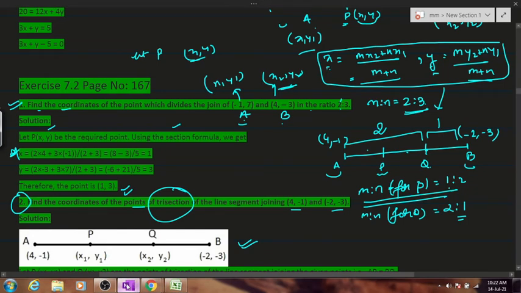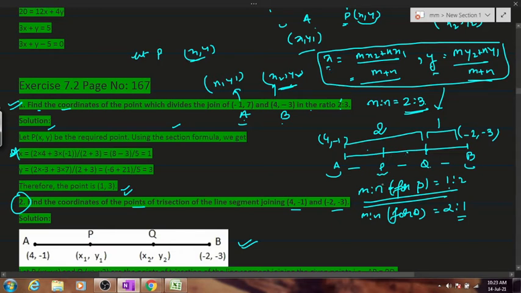Let's see who can give me the coordinates for P. You can. Sorry? Sir, I didn't understand. Acha, you did not understand. This line is trisected. Clear? Trisected means they have been divided into 3 equal parts. Clear? So, forget this point Q now.